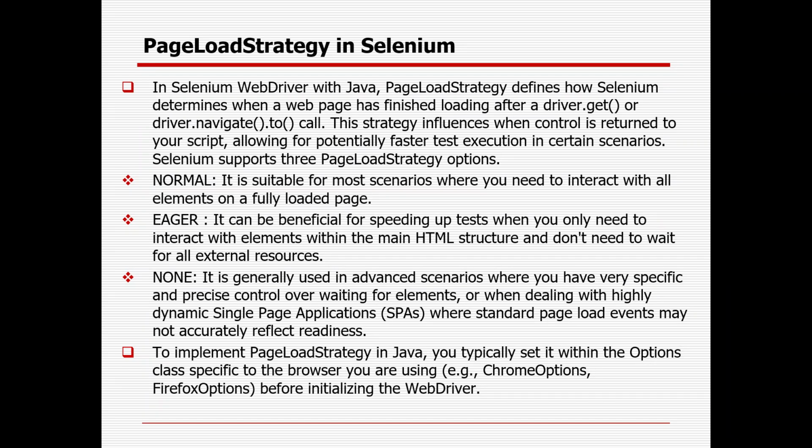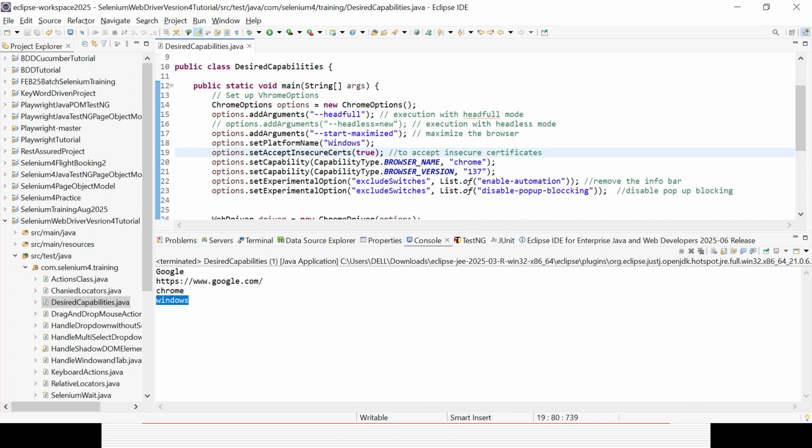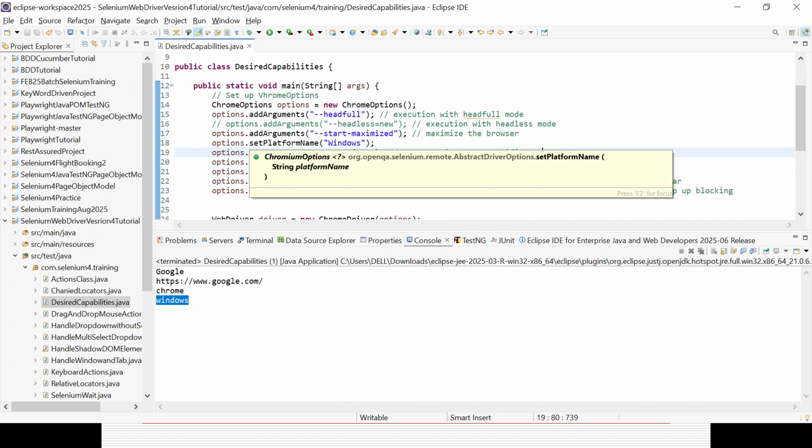So to implement page load strategy in Java, the user needs to typically set it within the options class specific to the browser they are using, like ChromeOptions or FirefoxOptions, before initializing the WebDriver. So all this stuff, whatever you are using, you need to use it before initializing the WebDriver. So what you can do here,